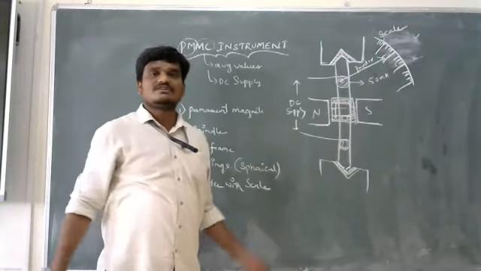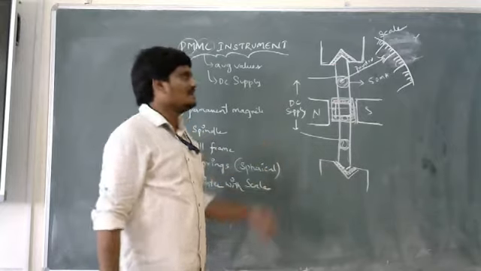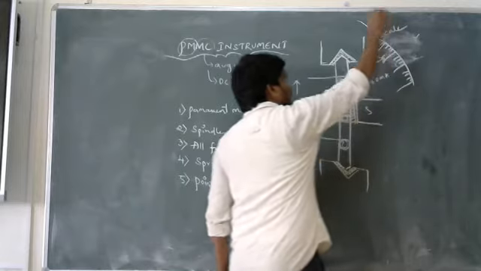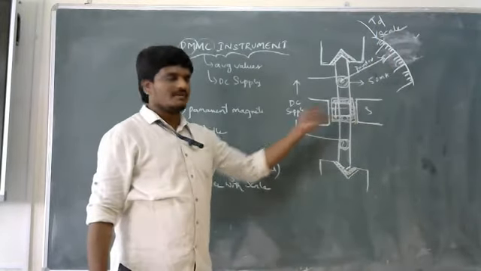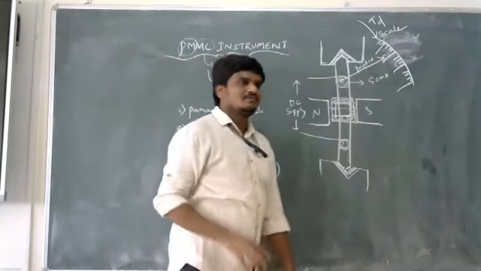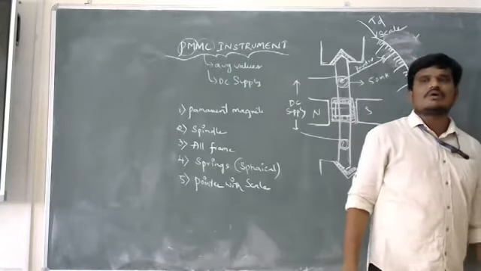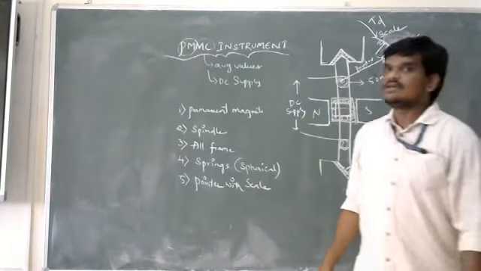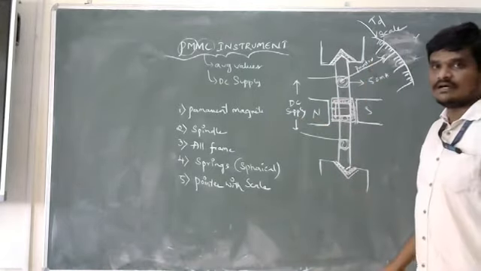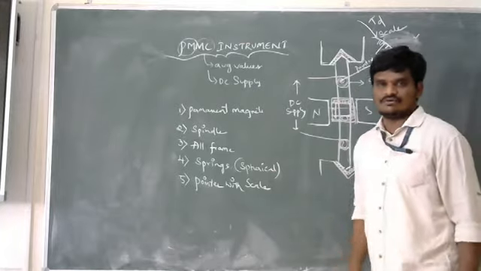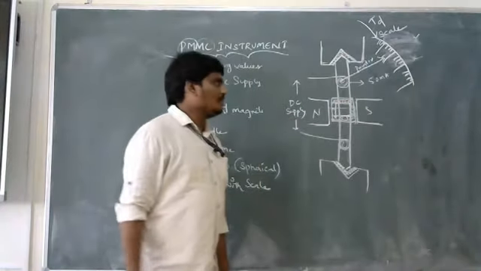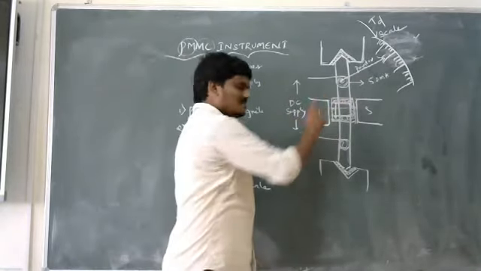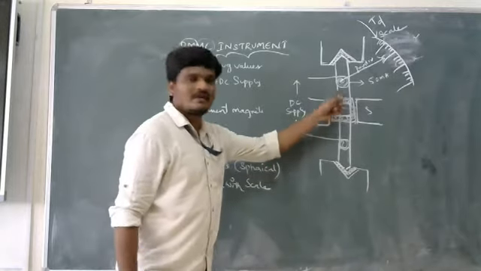Now, the force which is utilized to move the pointer on the scale is called what? Deflection force. Let me say that the deflection force is applied in this direction in the case of a PMMC instrument. Now, I need to control the position of the pointer to take the exact reading by using this instrument. In order to control the position of the pointer, I need to produce a controlling force. The controlling force in a PMMC instrument is produced with the help of springs.